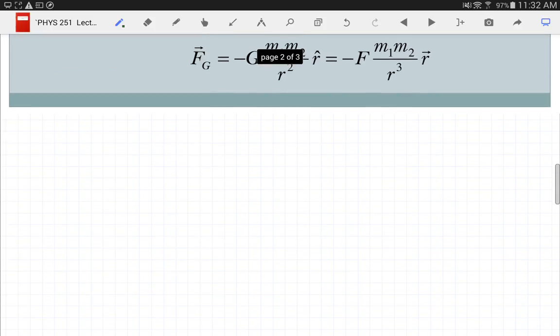So let's imagine we have ourselves a spring. And here's the unstretched spring. And so with this unstretched spring, we are going to,